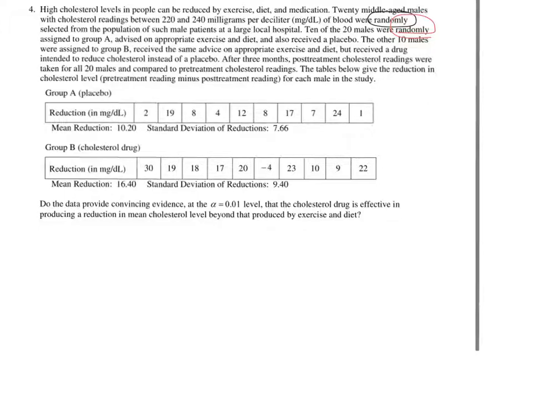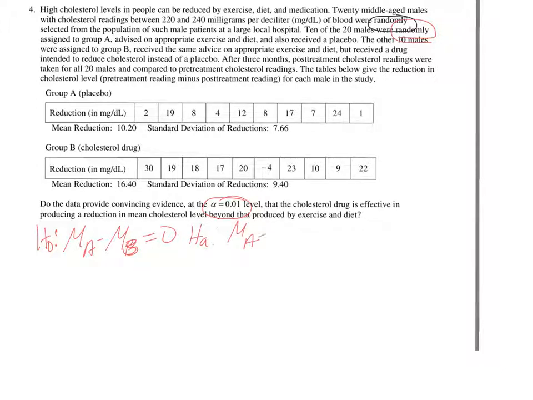Do the data provide convincing evidence at the 0.01 level, there's the alpha level given to us, that the cholesterol drug is effective in producing a reduction in mean cholesterol level beyond that produced by diet and exercise? So our null hypothesis is going to be that mu A minus mu B is equal to 0. Our null is always that there is no difference. And then our alternative hypothesis is that mu A minus mu B is less than 0